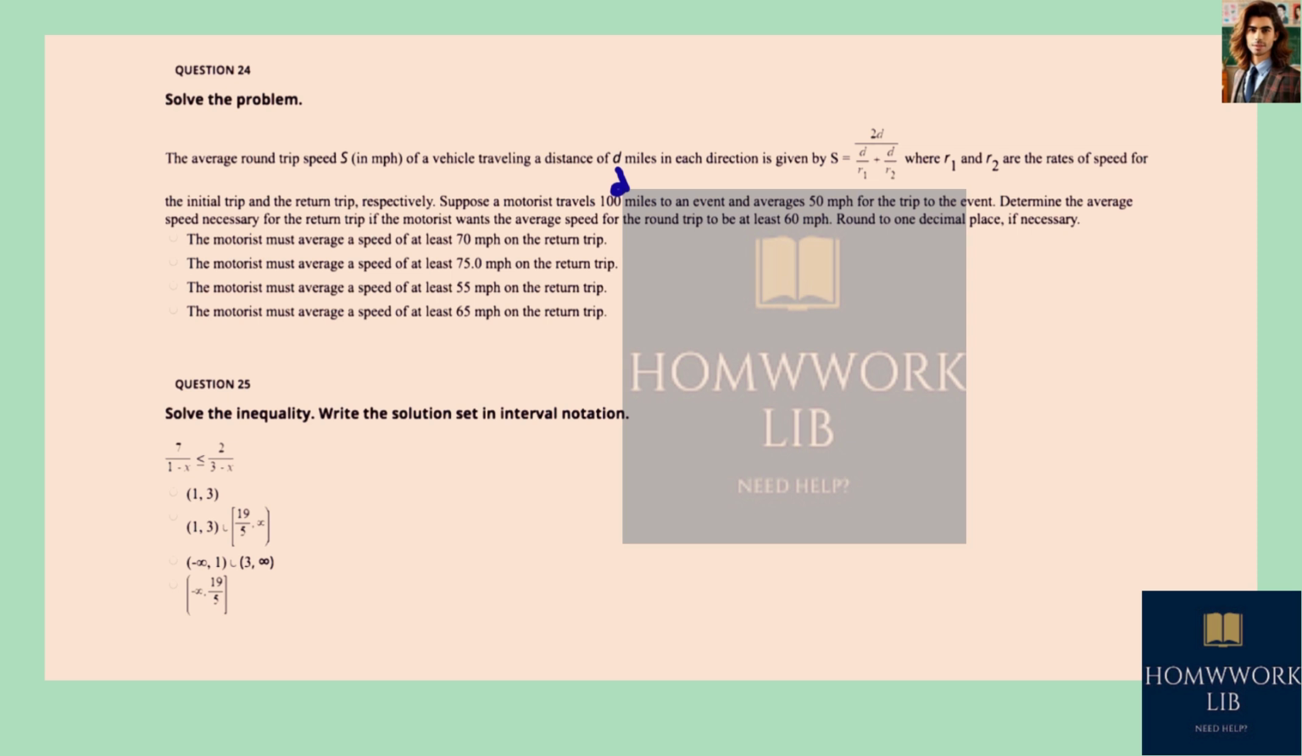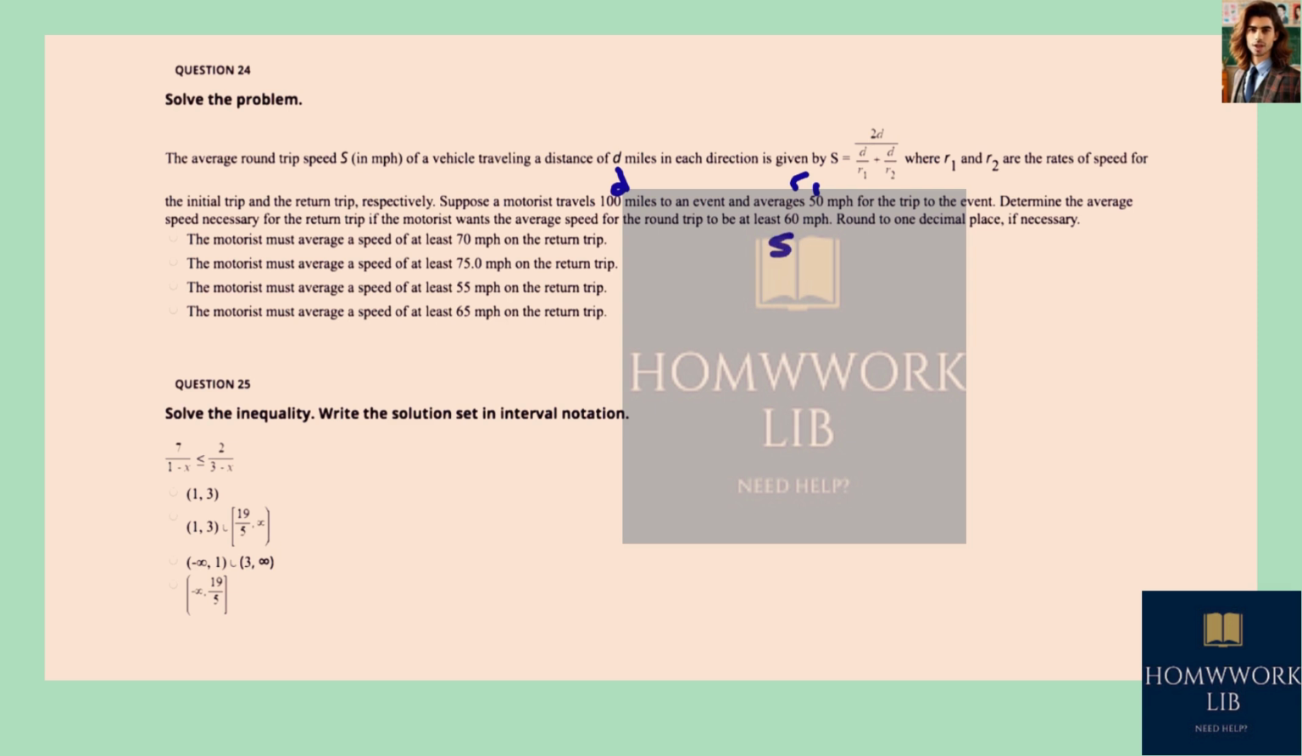To an event, at an average of 50 miles per hour for the trip to the event. So that would be the first rate. Determine the average speed necessary for the return trip if the motorist wants the average speed for the round trip to be at least 60 miles per hour, that